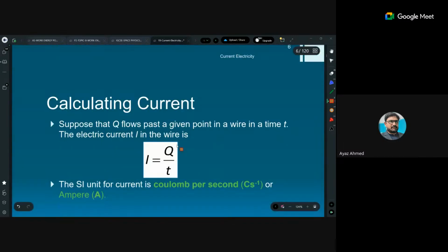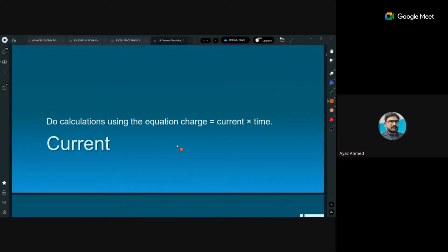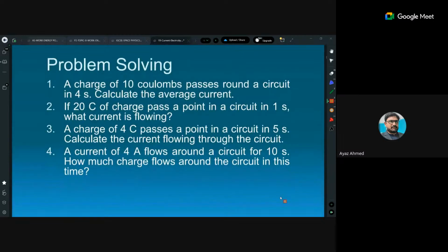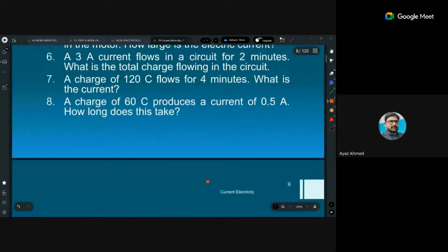Okay sir. Then we have to talk about problem solving. In problem solving, the only game is you have to know how much charge and how much time there is, and in that much time how much current can be produced. So these four questions are practice of I = Q/T, Q = IT, T = Q/I, etc. I believe it is not a big deal. The important thing is you have to convert the time into seconds, and your answer is there. Okay,